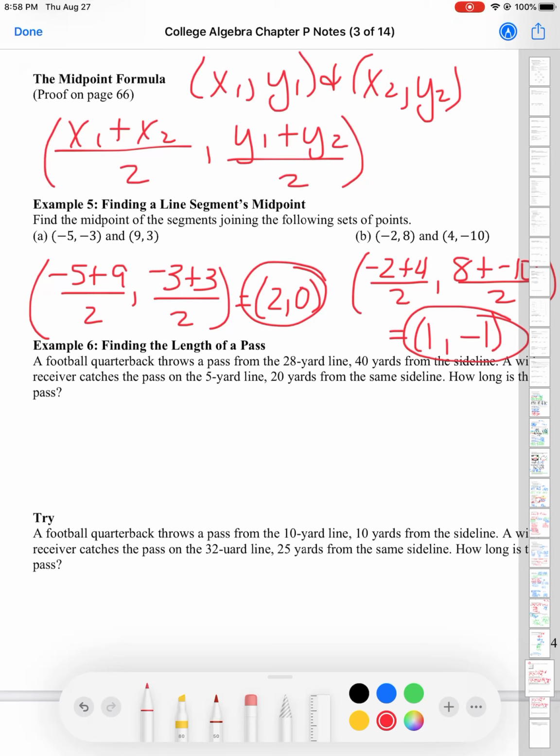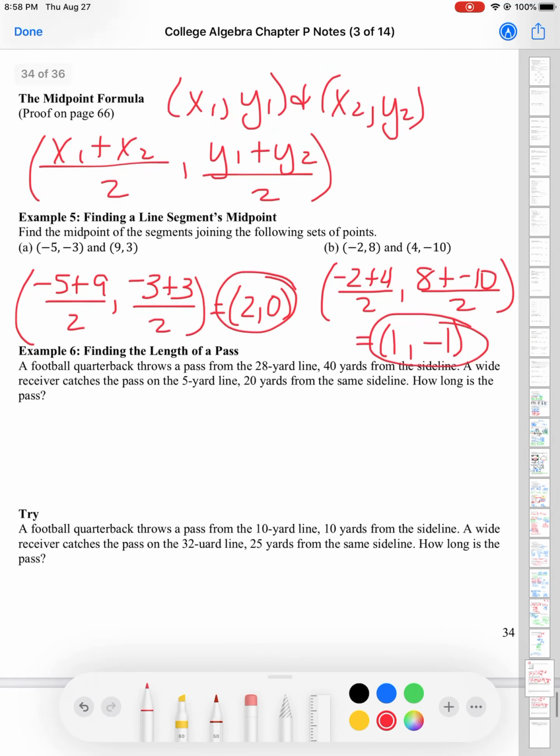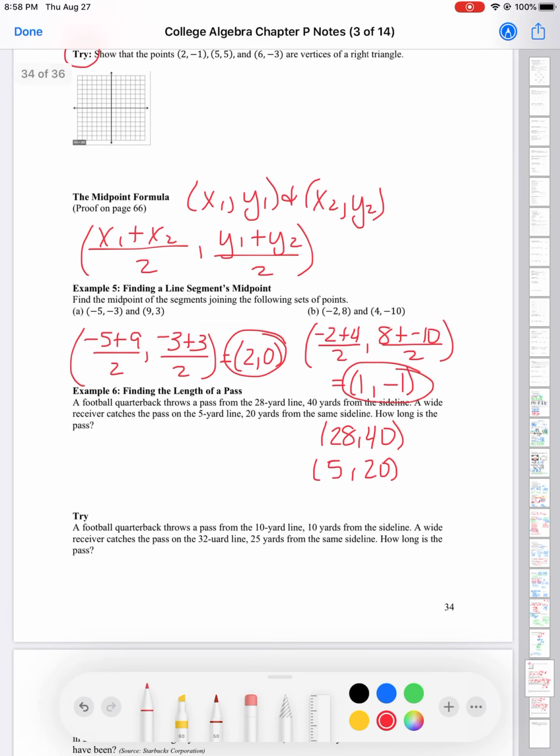All right, so example 6, finding the length of a pass. A football quarterback throws a pass from the 28-yard line, 40 yards from the sideline. A wide receiver catches the pass on the 5-yard line, 20 yards from the same sideline. How long is the pass? So, we can use the distance formula for this. And it doesn't matter if you do (28, 40) and (5, 20),